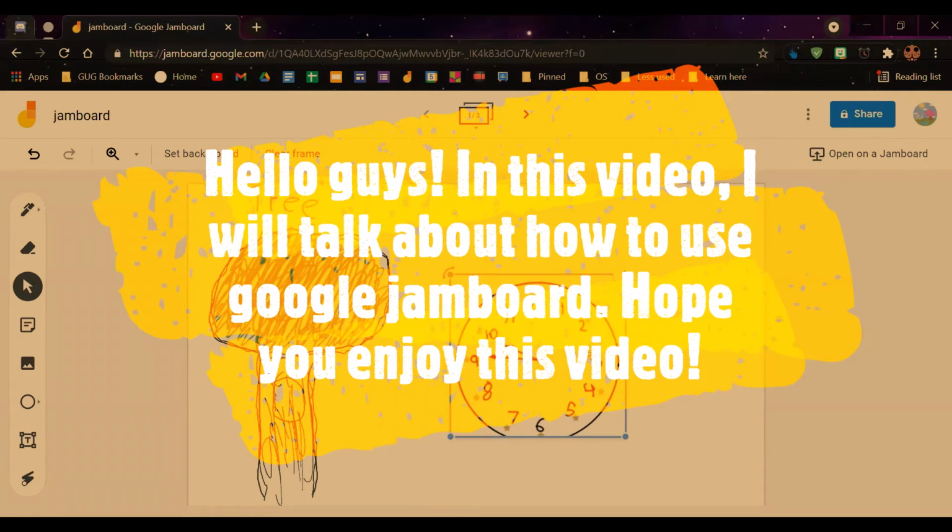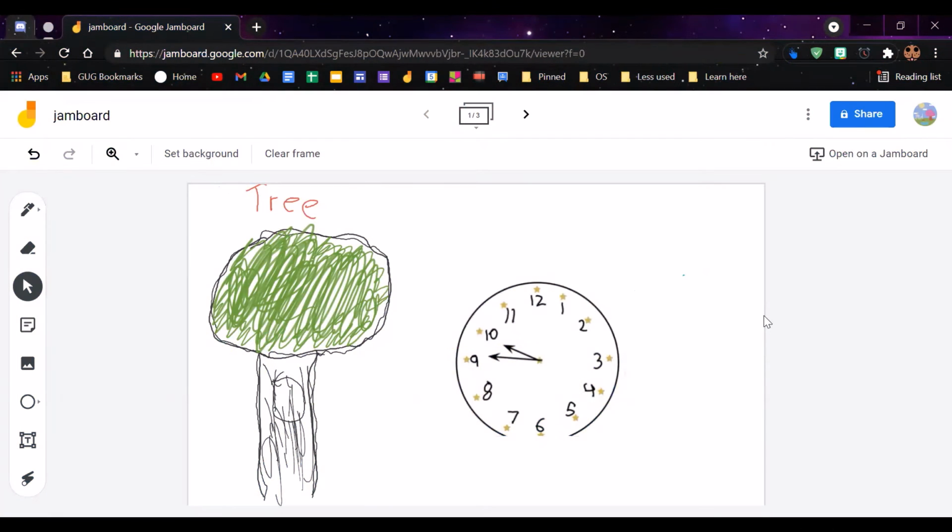Hi guys, today I'm gonna show you how to use Google Jamboard. Google Jamboard is just like a whiteboard, but made in Google's way. As you can see on all other Google products, all the tools stay up here, but over here all the tools are here. And what you can do with this is draw with flexibility, because Google Slides, Google Drawings,